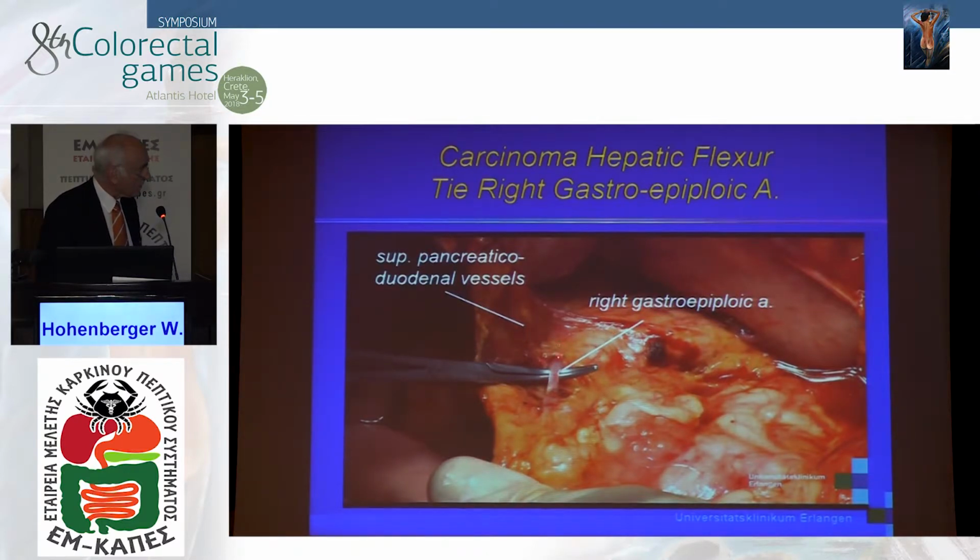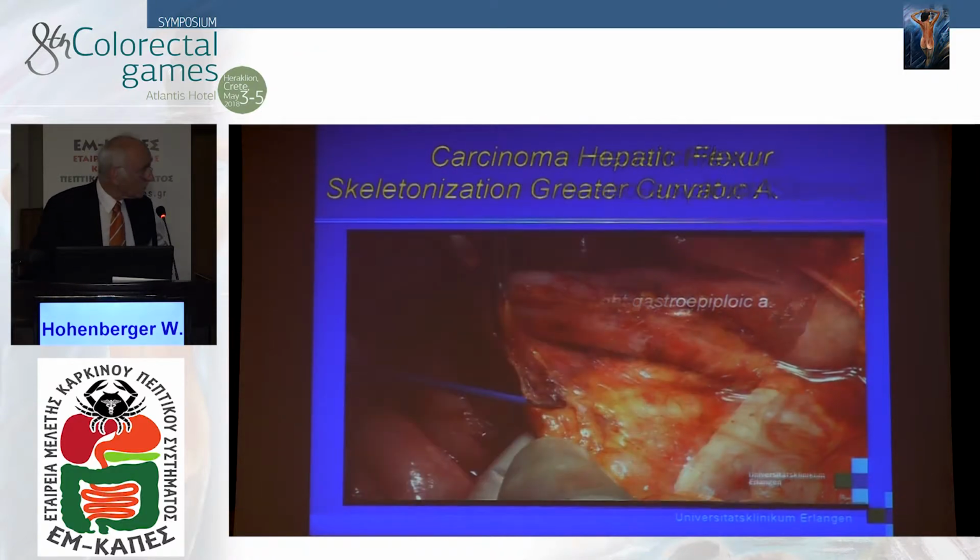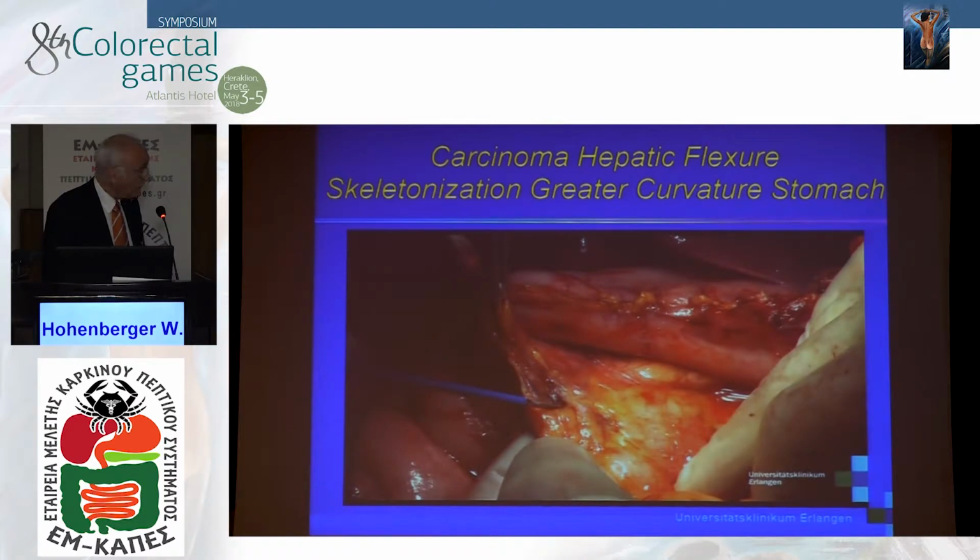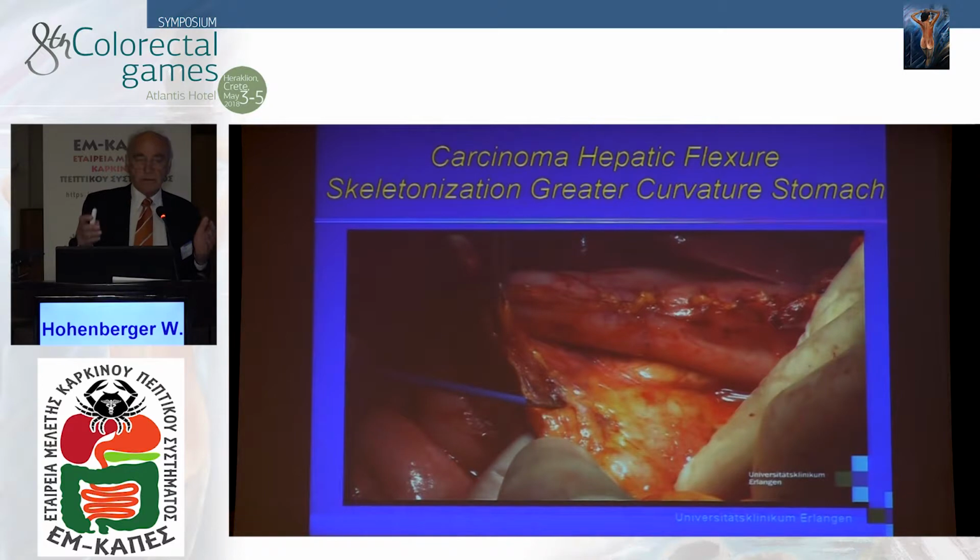This is the gastroduodenal artery. This is the superior pancreaticoduodenal vessels, a bundle-like vessel structure. So you have to divide it here and take down the lymph nodes over the head of the pancreas, and you have to skeletonize the stomach, like here. And then you have cleaned the entire field. And again, I apply the 10 centimeter rule. So not to remove the entire omentum, but just 10 centimeters to either side, depending on the excite.